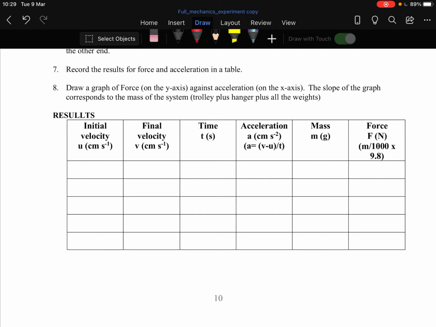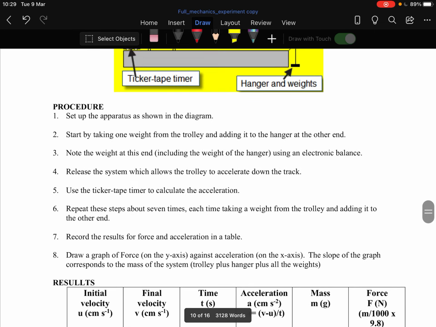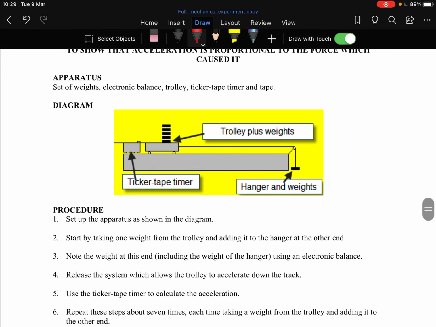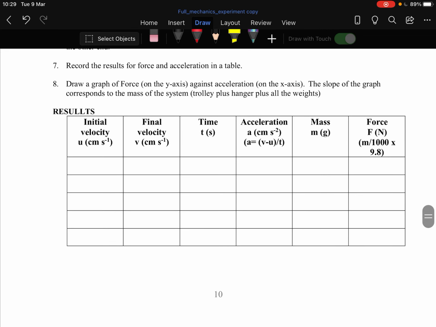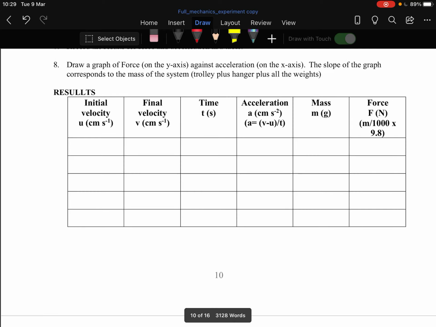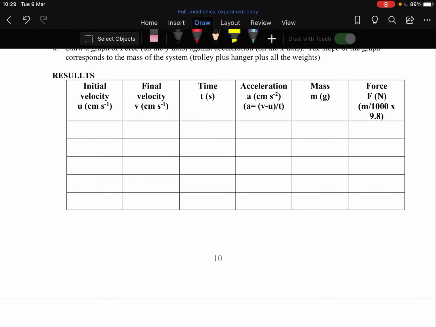So your initial velocity, your final velocity, your time. Your initial velocity is what speed were you at early on when you pass the first light gate, and what speed were you when you pass the second light gate, that kind of thing. That's what's happening there. And then, of course, your acceleration is v minus u over t, and then you can calculate your mass from that. So this is the mass minute, really. The mass in grams. Actually,